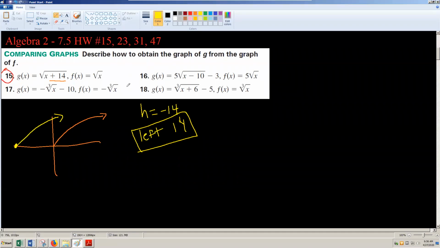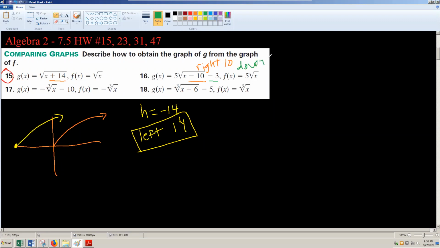Perfect. I'm just going to talk about a couple of these so we can get a little more understanding, in case people had other questions. For 16, I've got this negative 10, which is going to make it go right 10. And then I've got this negative 3, which is going to make it go